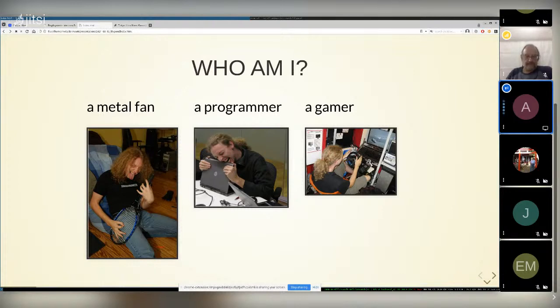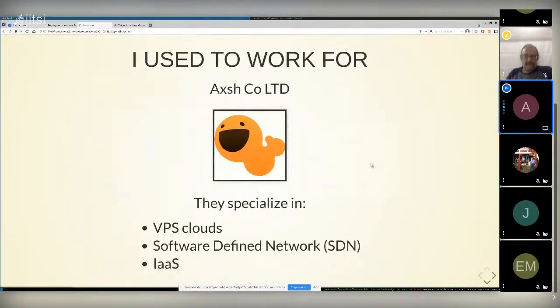And for work, I'm a programmer. I used to work at Axu. What we did there was mainly virtualization, like software-defined networking, infrastructure as a service, that kind of stuff. So basically, things similar to OpenStack, although our software was out just 2 weeks before the first version of that.